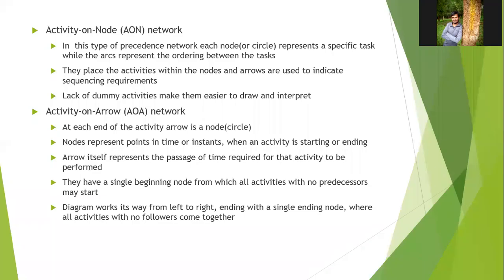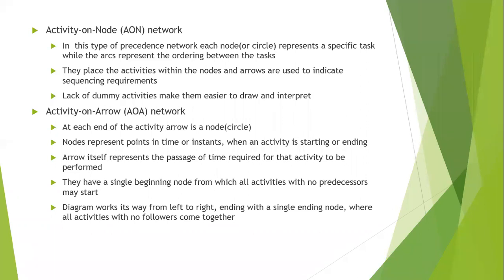Network which generally people use. One is called activity on node and activity on arrow. What is the meaning of activity on node? In this type of precedence network, each node represents a specific task while the arcs represent the ordering between the